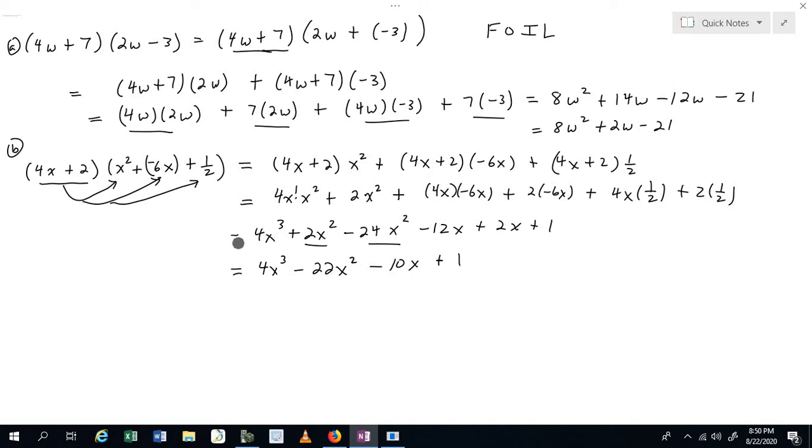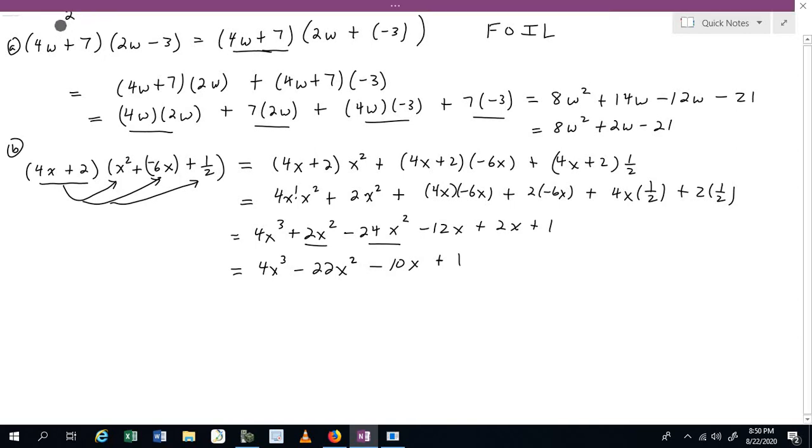Now, I do want to mention one thing. There's something analogous to foiling here. One thing I want you to notice is this had two terms in it, and this had two terms in it. If you multiply those together, you end up with 4, and that's the number of terms that you have here from the FOIL method. Well, in this case, this one has two terms, and you're multiplying it by a polynomial with 3 terms, and so you should have 6 of these instead of 4. And so one way of doing this